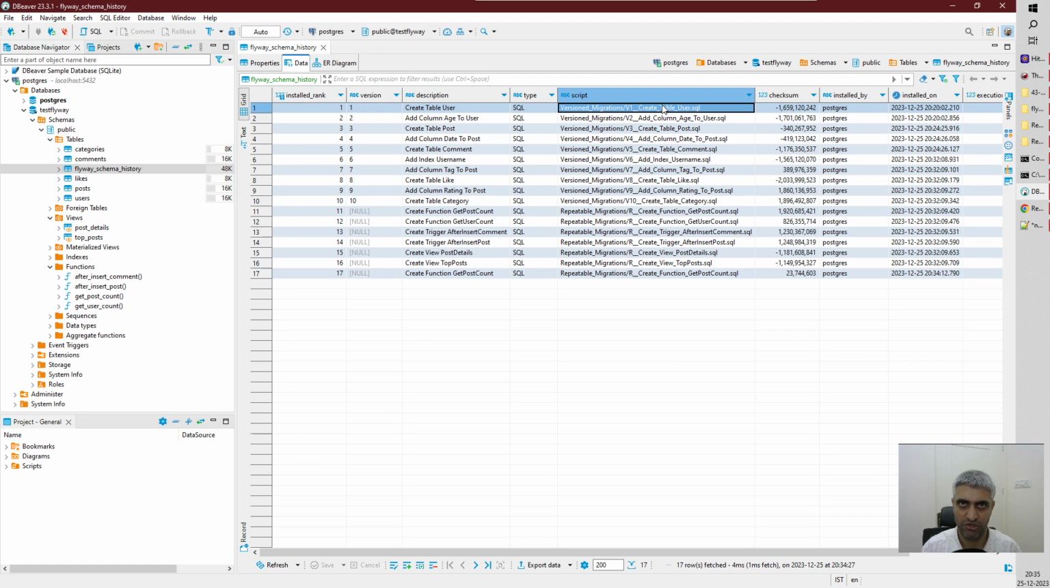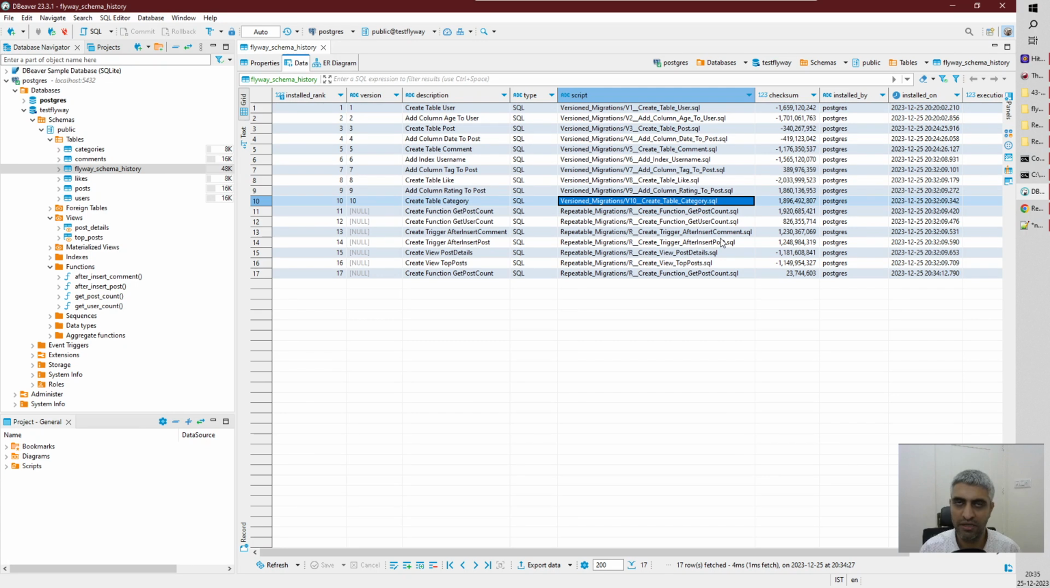Whereas for version migration files that have already been executed, you are not supposed to make any change because it throws an error. The only way to correct something, for example, if you added a column but you want to remove it, is not to make changes to the existing file. Instead, you create a new version migration like V11 and say alter table, remove column, right? Something like that. So for any changes, you have to continuously create new version files rather than modifying any of the